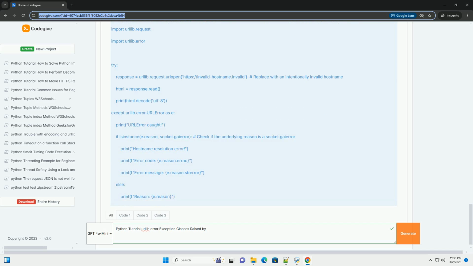Using requests for the same example as above. Requests simplifies error handling by providing response.raise_for_status, which automatically raises an HTTPError for bad status codes. It also encapsulates different types of connection-related errors into requests.exceptions.RequestException. In conclusion, understanding and effectively handling exceptions in the urllib.error module is crucial for writing robust and reliable Python